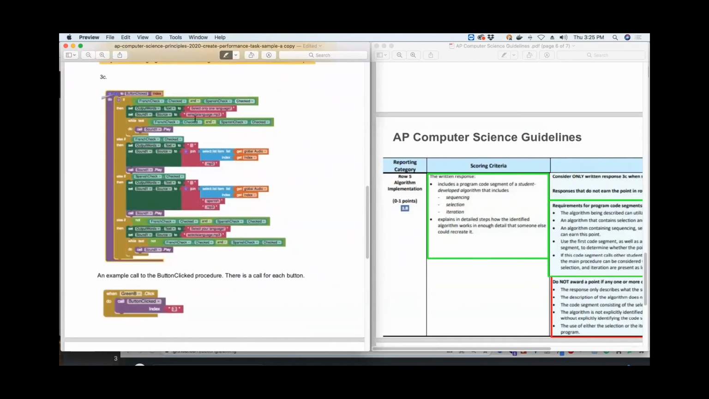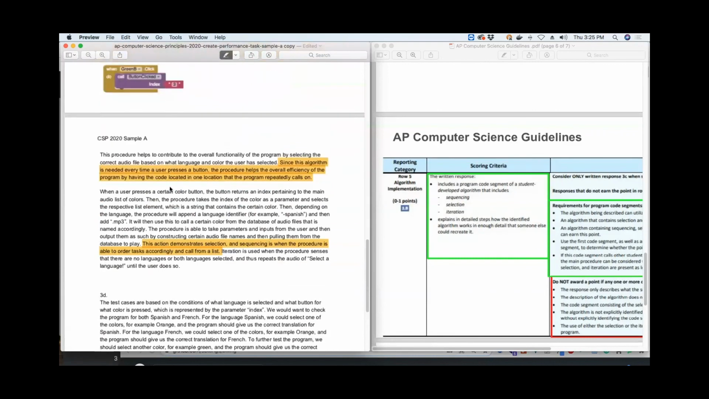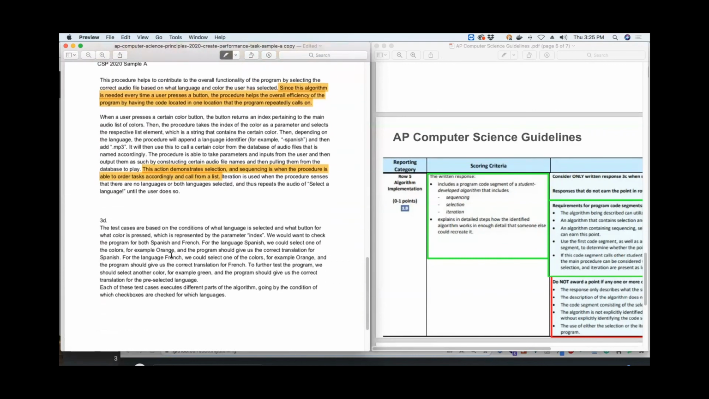And then the iteration, right? This is iterating several times depending on the button that's clicked. So there's going to be a green French iteration, there's going to be a Spanish green iteration, and so forth for each button that's clicked. So that is explained very well through this example. And